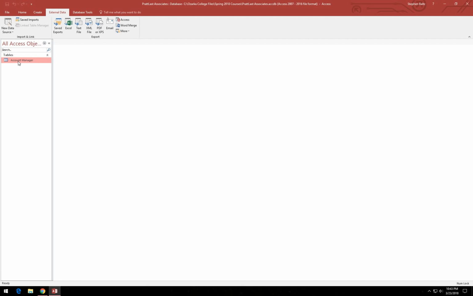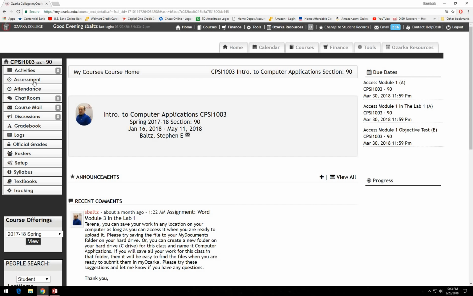Alright, so if you'll notice on page 27, you might read through the information about importing data from other applications into Access. Now before we actually import the data into Access to create the second table, we need a data file from Ozarka. So we're going to need to open up our browser, open up Ozarka, and log in, and go, of course, to the CPSI 1003 course,